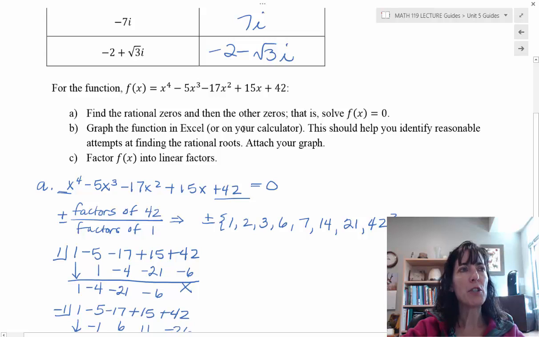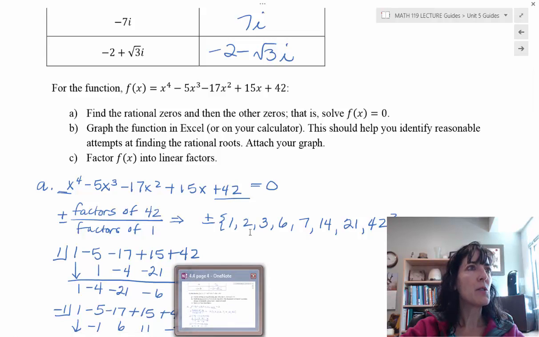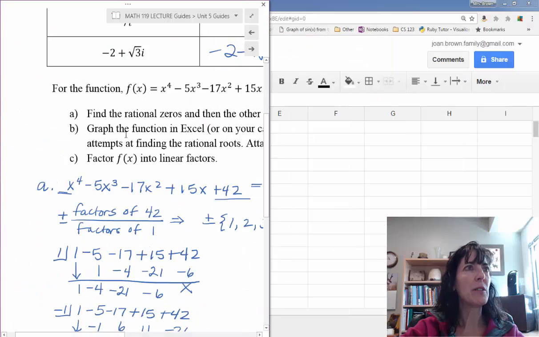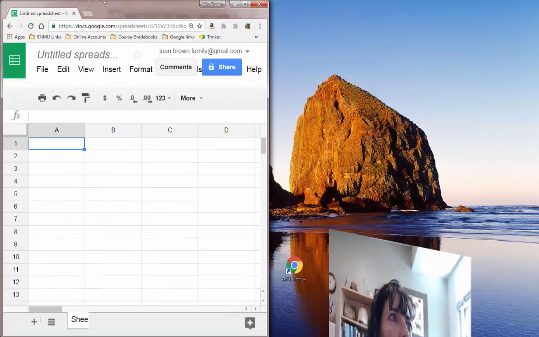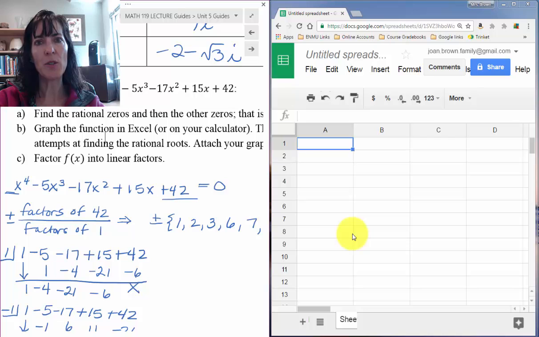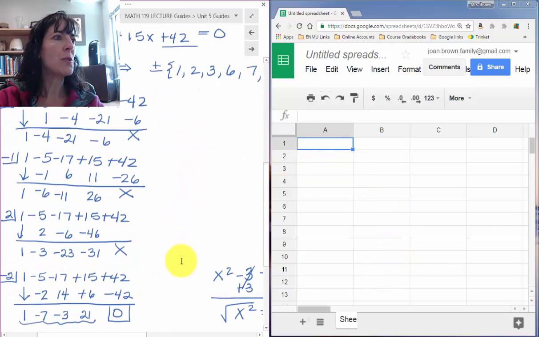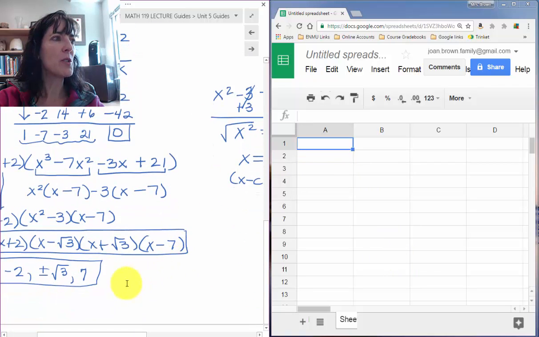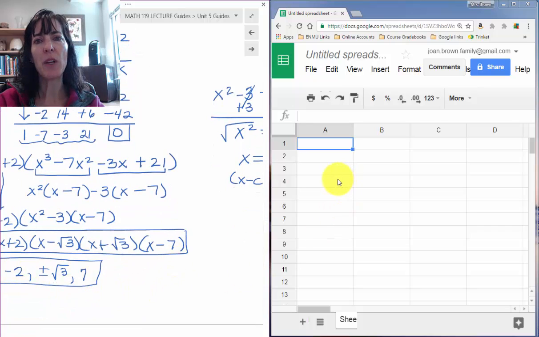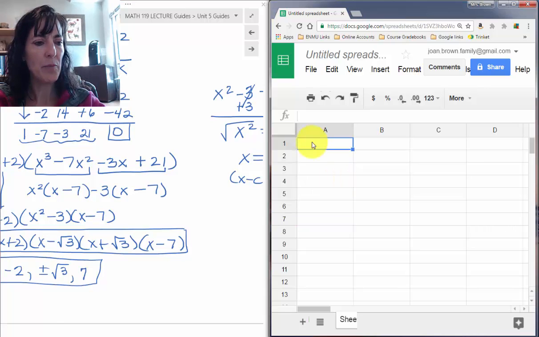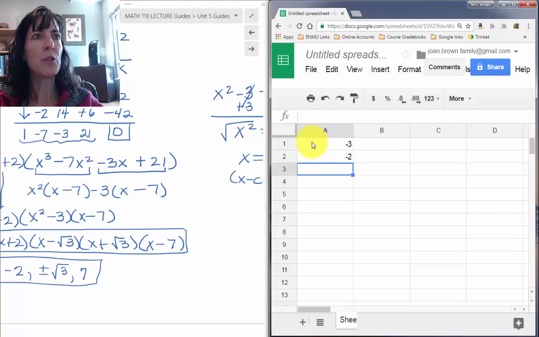And then it says graph the function in Excel or on your calculator. I'm going to show you how to graph it using Google Sheets. And so I'm going to split my screen a little so that I can show you that. I know my solutions, right? And so I want to see what the shape is and how it's going to look when I actually graph it. So I need to be looking at those numbers as possible values for my x's, but remember I need some numbers smaller. I might just start with a -3 and then go to a -2,